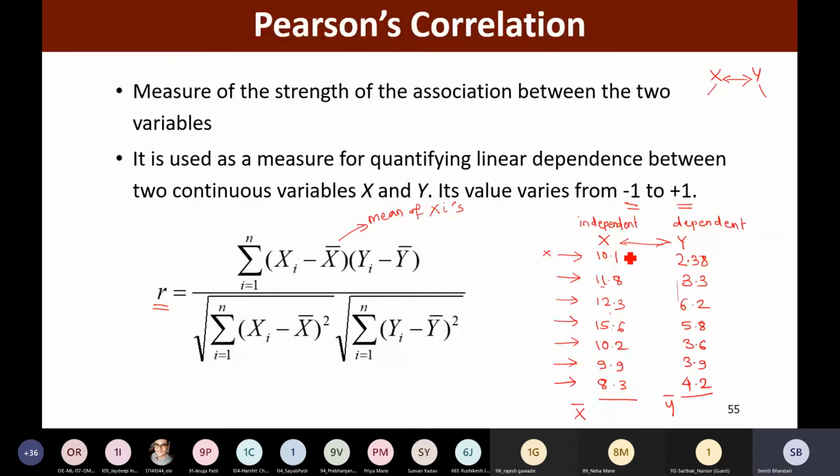What next I'll do is pick every xi value. So 10.1, suppose, minus whatever this x bar value is. Can anybody compute the mean value of all those values?